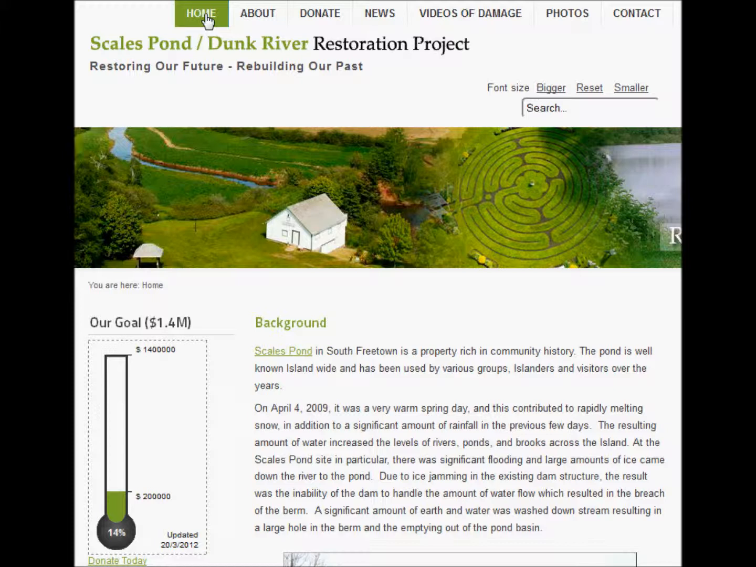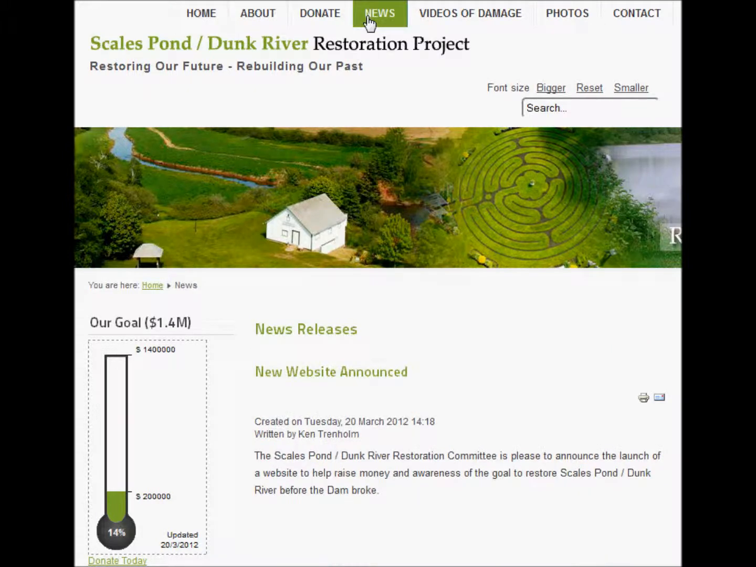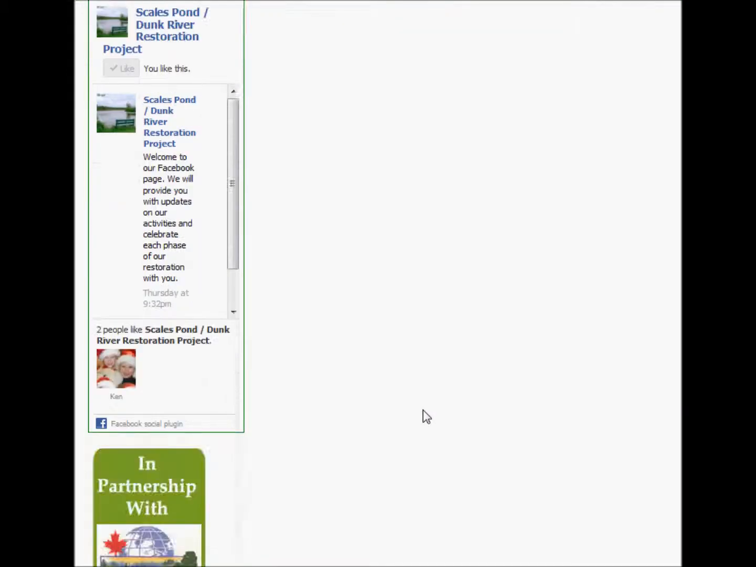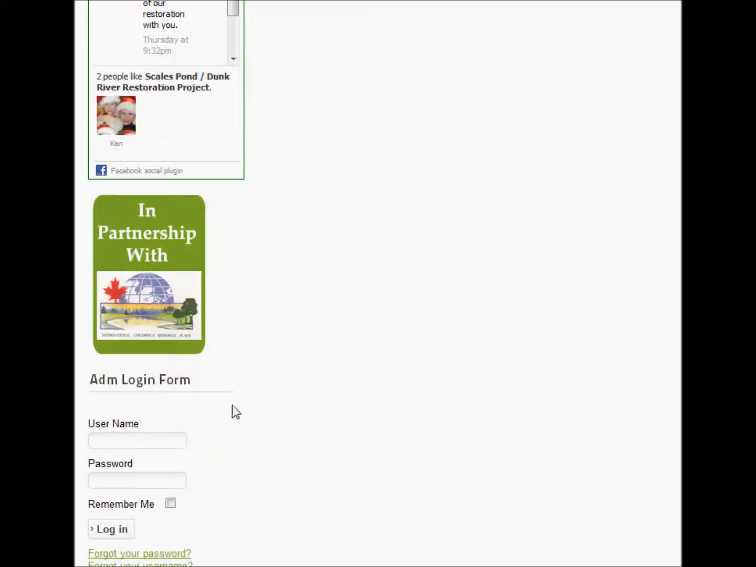Now in order to add news items, first we're going to click on the news menu. We can see that there's one item added by myself. We're going to scroll down to the end of the web page, and there's an admin login form. So what I'm going to do is type in an address,